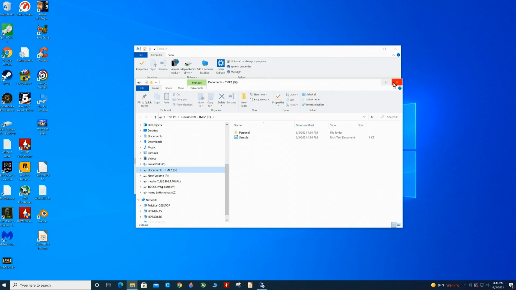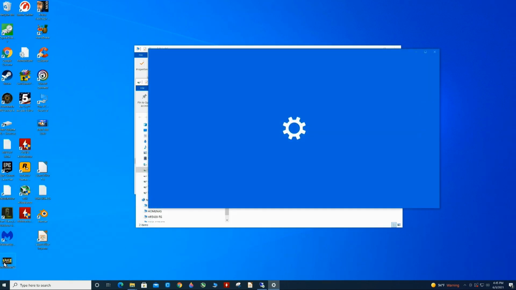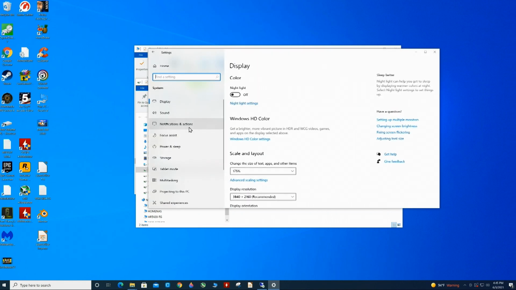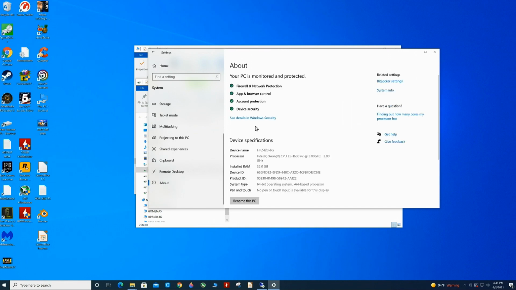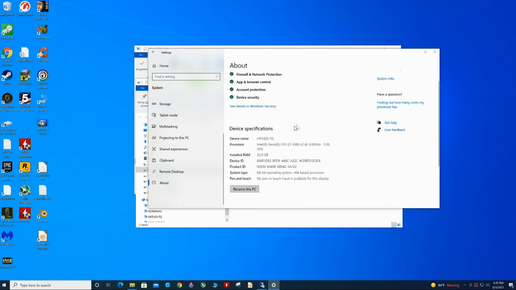Now let's say that I want to again do the same thing on the other computer because I'm using this as my office desktop and the other computer is my laptop, and I want to be able to share files on both. Now one thing I didn't go into here, like I said, you're going to want to name your PC. So you go into System here and go into About. Now I've already changed the name of this computer. Again, like I said, normally this will say Desktop, it'll have a dash and it'll have some numbers. Again, not anything that's very